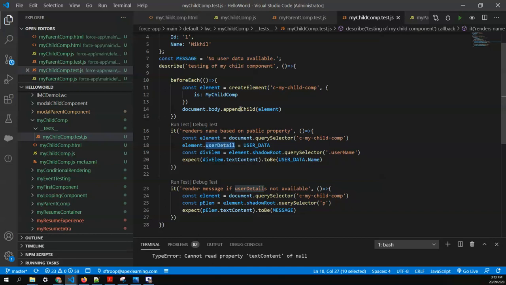It means when we are appending the child to the body, you can't append the detail like this. If we append the user detail in beforeEach, we have one problem, because then the second test case will not pass, because there it will always be adding the user data. So what we're going to do in this particular scenario,